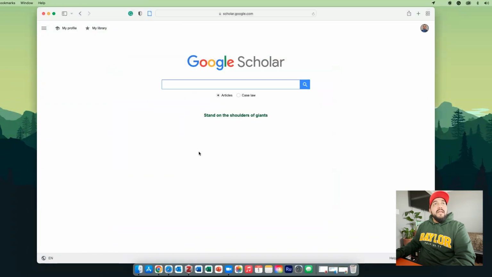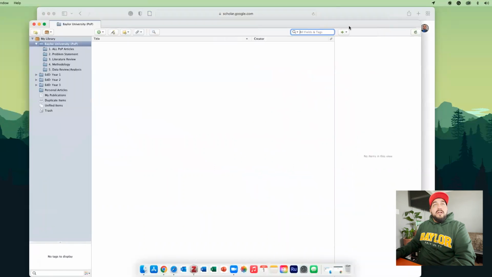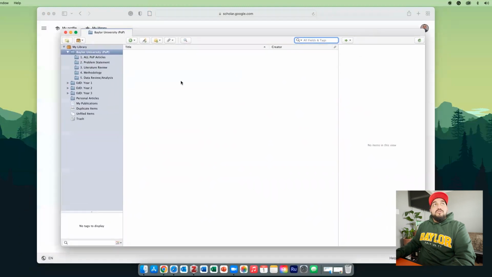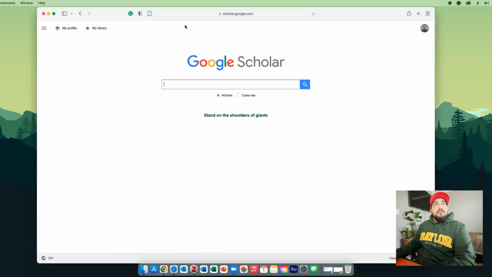Well, let's go ahead and look up some example articles and I'll show you how that works. So first thing you want to do before I even start searching for it is make sure that the Zotero application is open on your computer. That is going to allow your web browser to talk to the Zotero application that has been downloaded successfully on your computer. So I will go ahead and just set that to the back,